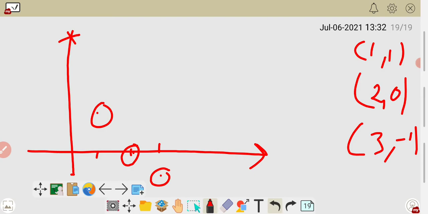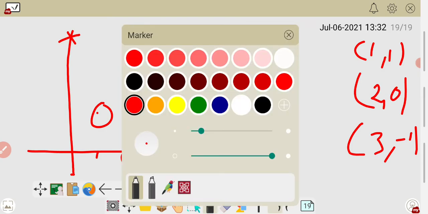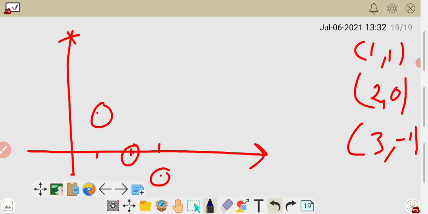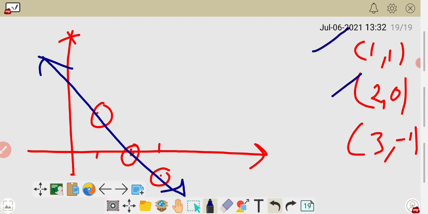So the basic concept says that if you draw the graph of this solution, you always get a straight line. When you join these 3 points, we always get a straight line. If you did not get a straight line, it means that the solution is wrong. So if you solve any linear equation in two variables, then you find some solutions, and if you plot the graph for those solutions, then you always get a straight line. If you did not get a straight line, it means that the solution is wrong.